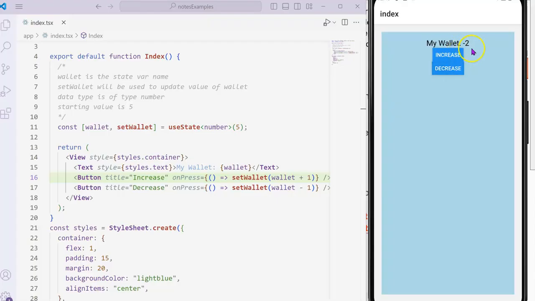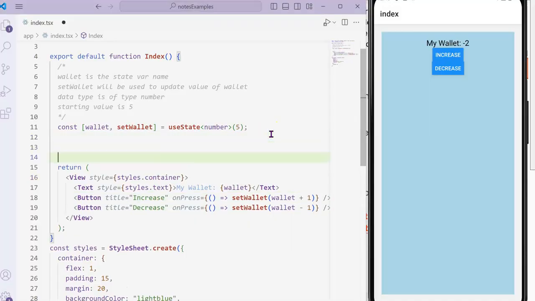Now, you might say, wait, hold up. I mean, I don't know about you, but I'd love to spend money I don't have. However, let's adjust that functionality. So let's say I wanted to create a function that instead of allowing it to always go down 1, it would only go down if I had money. So I'm going to go ahead and create a function to only